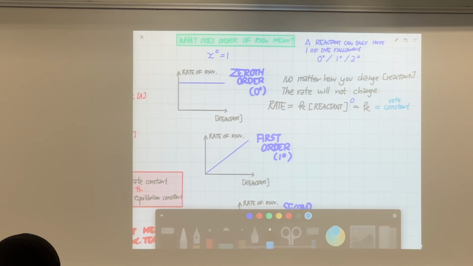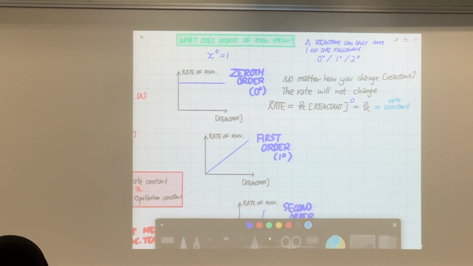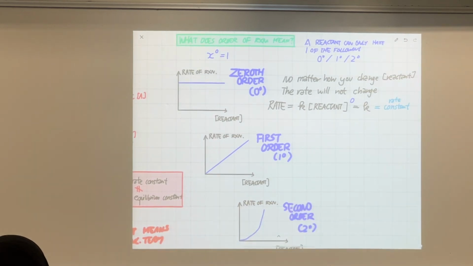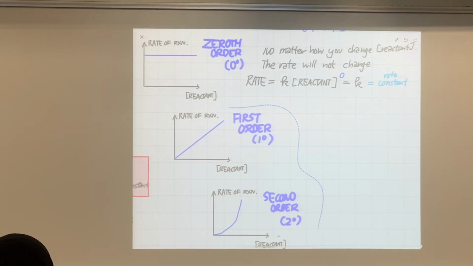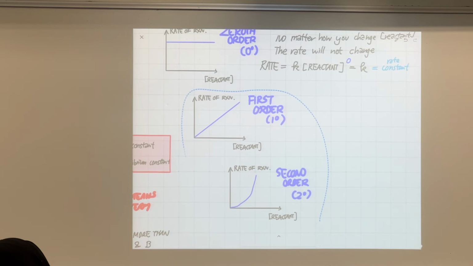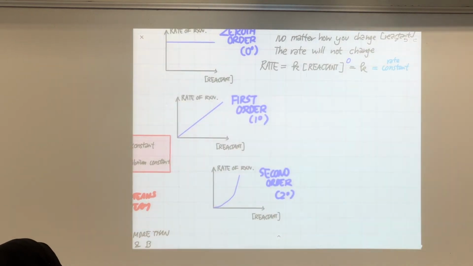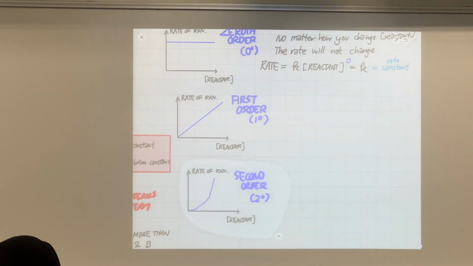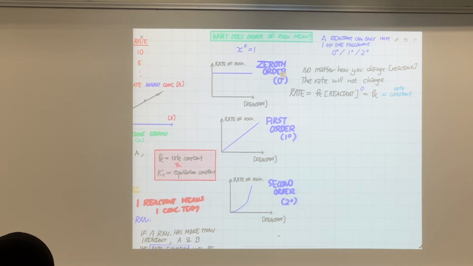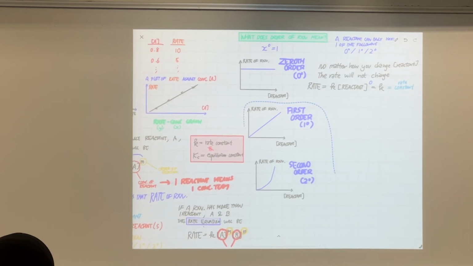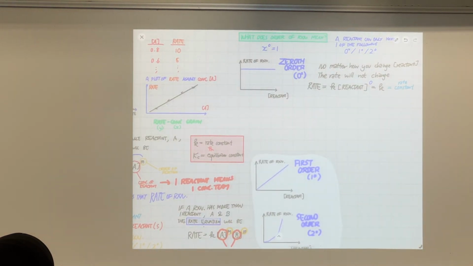We'll go to first order. First order and second order is something that you may already know. When you change the concentration of reactant, you expect the rate to change. This is what we learned in the rate chapter. But as you can see, there are some reactions that are zeroth order. So increasing concentration may not increase the rate of those reactions. Maybe let me give you an example of a zeroth order reaction.